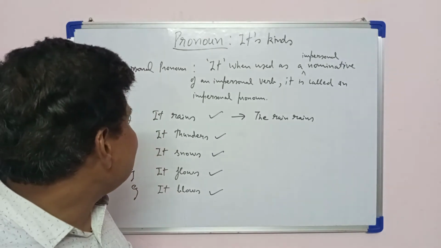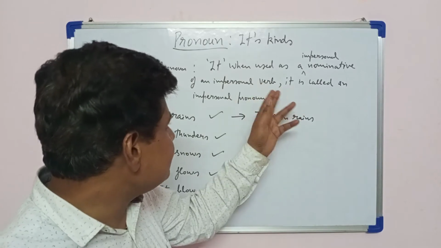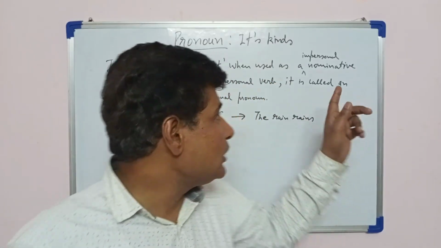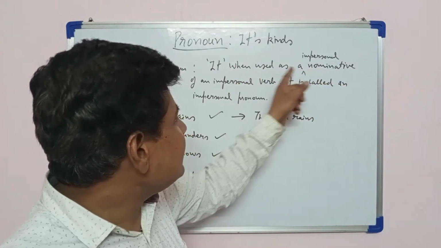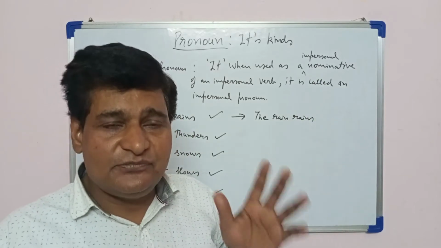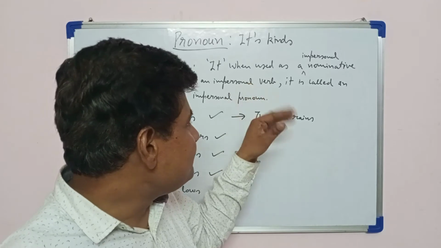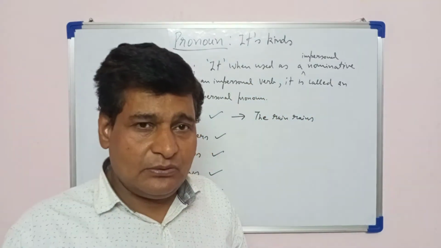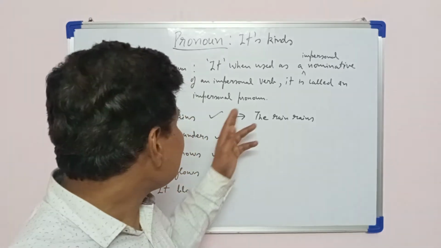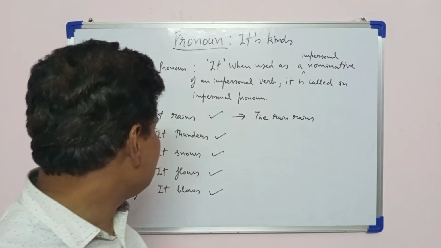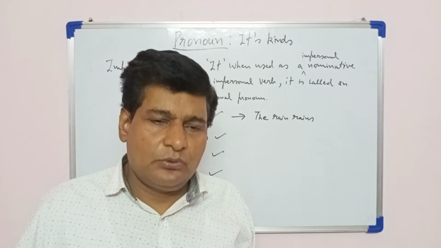Now before we understand the next one, let's have a quick revision. What is impersonal pronoun? It, when it is used as an impersonal nominative, means as a subject of an impersonal verb, that is, not indicating the action done by a person. It shows the action done by the natural forces. Then it is called an impersonal pronoun. These are the examples. Now we will understand another important pronoun,